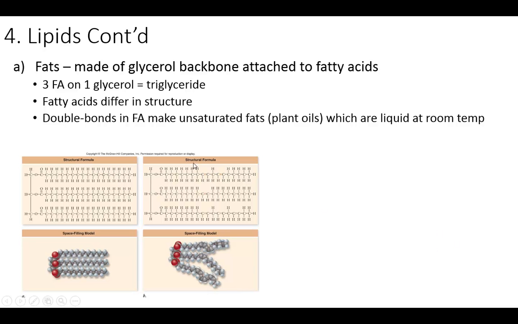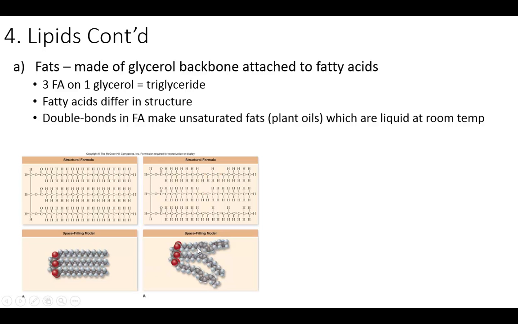You can see here this triglyceride to our right has a bunch of double bonds between the carbons, and that means it does not have as many hydrogens. Those double bonds actually make kinks in the fatty acids, so that's why this structure is all kinked here. These are better for you nutritionally. They are harder to break down. They aren't as efficient as energy, and